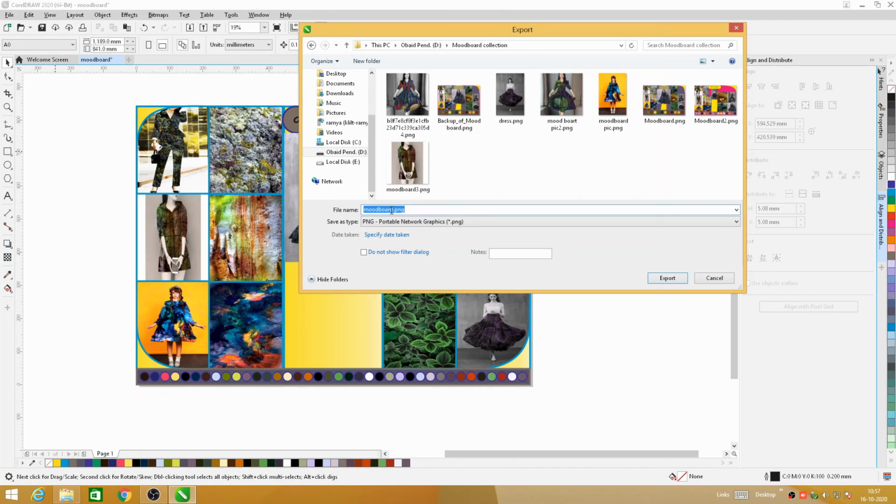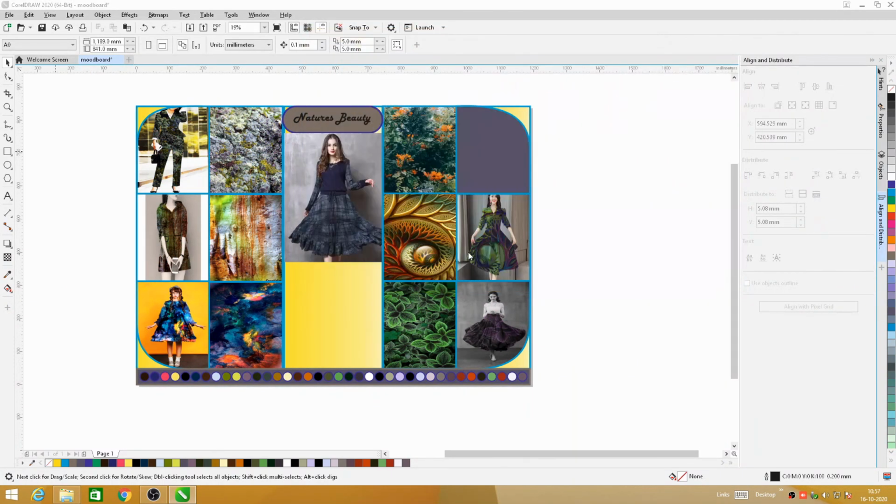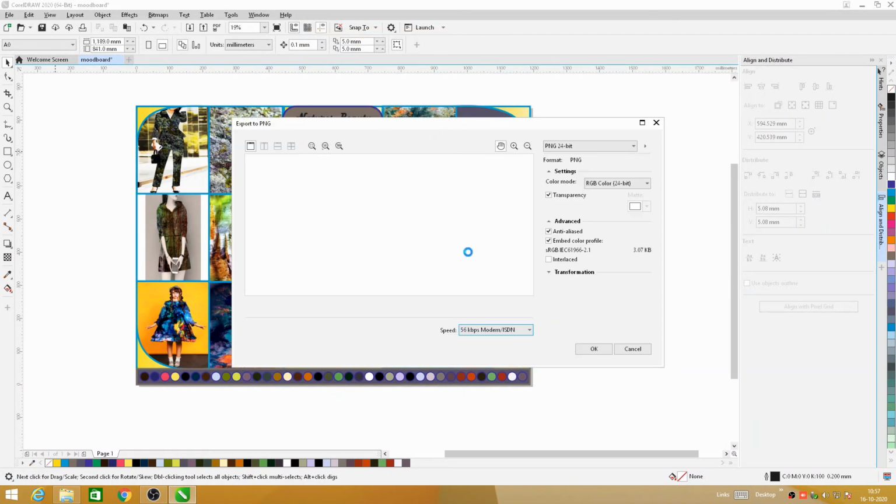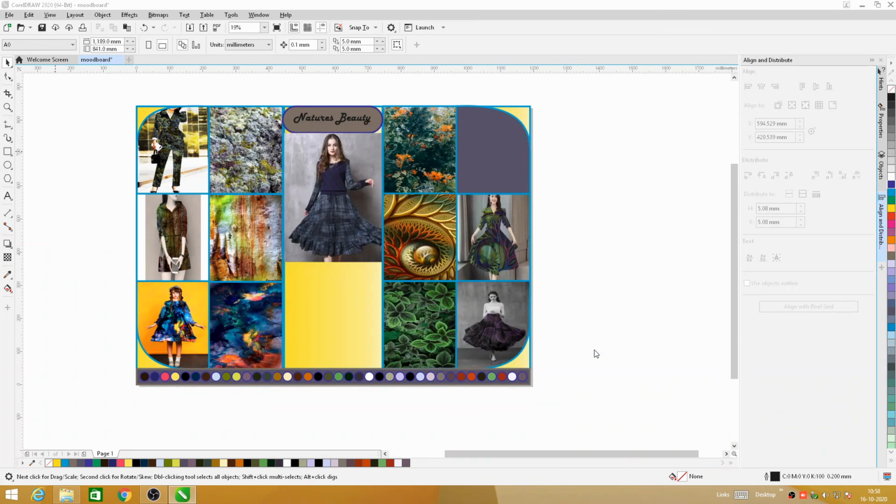So we have to change the name to mood board. New panels will appear in front of you. If you need no changes in this, you only have to press the OK button. By this method we become able to create a very beautiful and